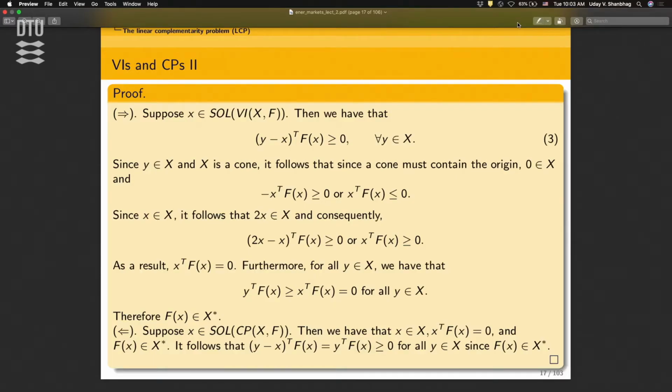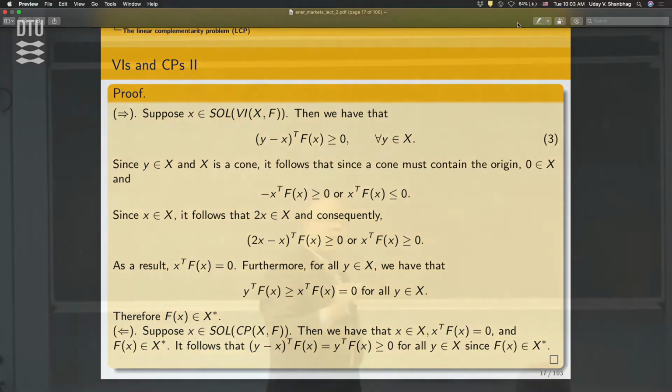Is there some part that you're not getting? I can go through it because others might have the same question. Anything clear? Okay. Let me go through that again. So the reason why f of x is in X star is because